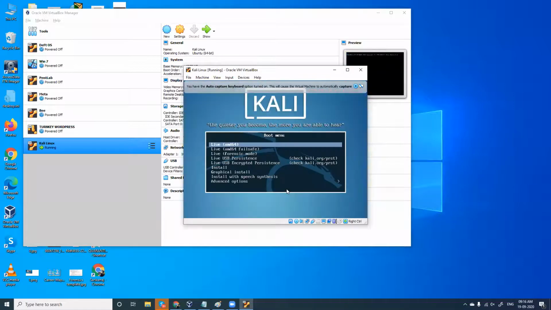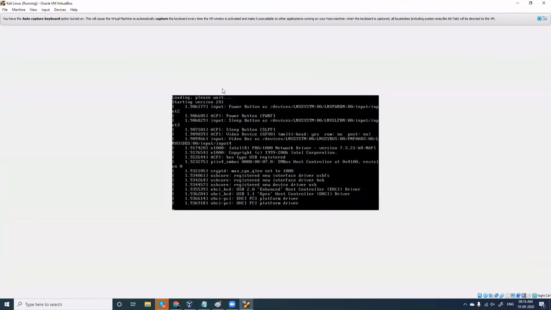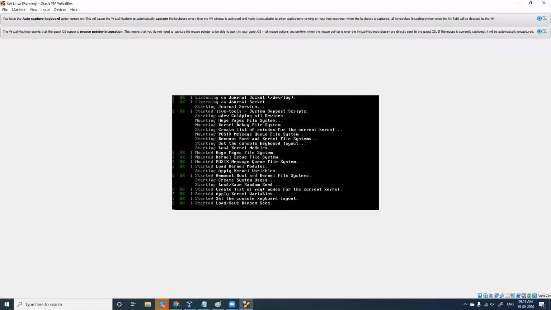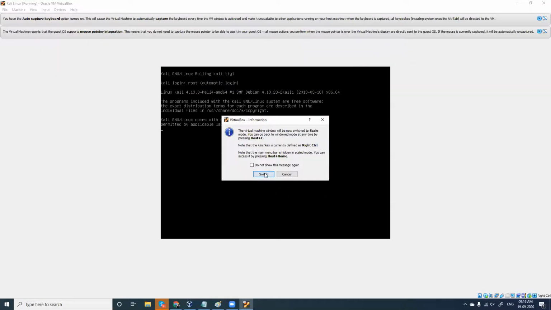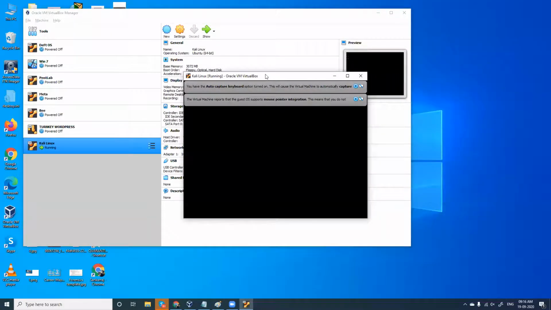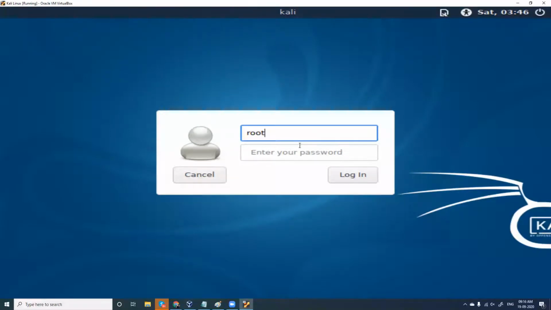Fine. So installing an operating system is as simple as that. I'll go for live installation. I'll open this. In case the window is small like this, you can go to view, click on scaled mode, and switch, and it will be like this. Then double click over here in this tab. Now it's bigger. So I have my Kali Linux OS installed. The default username is root. The password is the reverse, toor, and I'll log in.